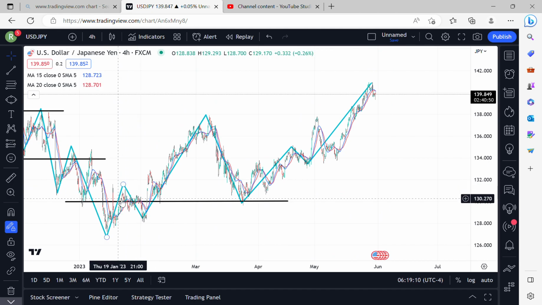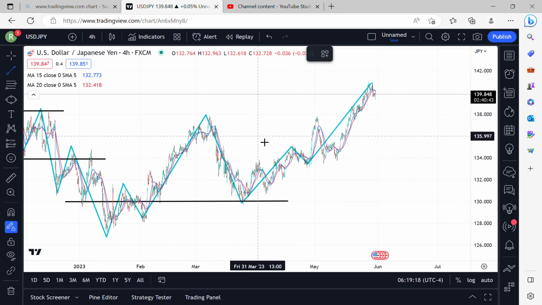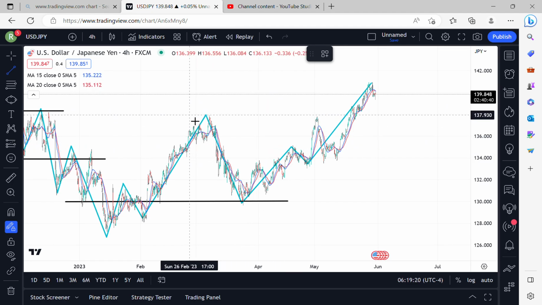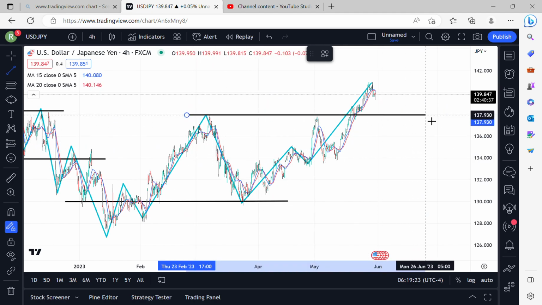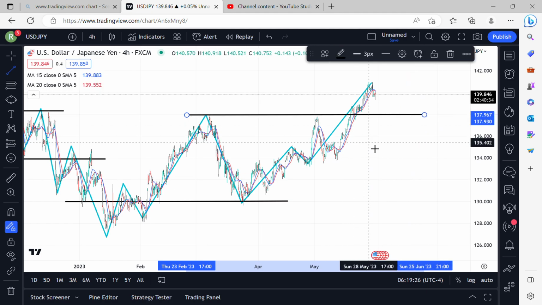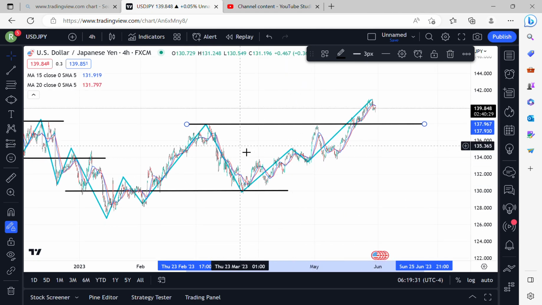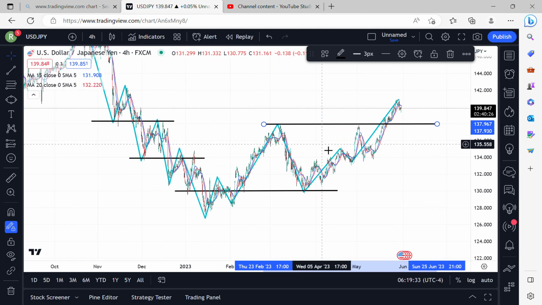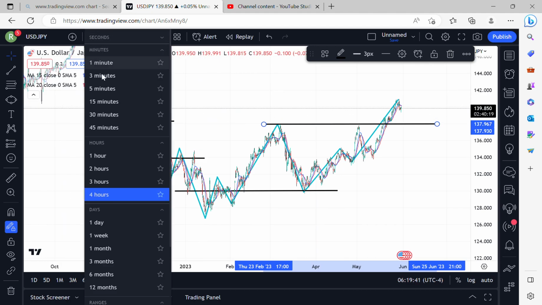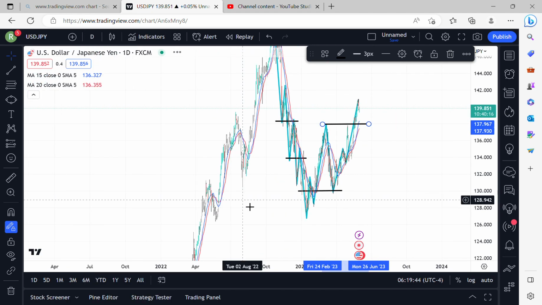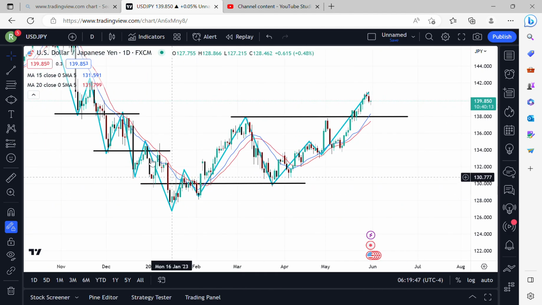Because we're on a daily, I'm just following the daily markup that we just did. Well, I am interested in the 4 hour. If I was trading 4 hour, then yes, I would do that. So you see the 4 hour trend, this is the 4 hour trend here. Oh no, sorry, this is the daily markup, right? Now, if I do the 4 hour,